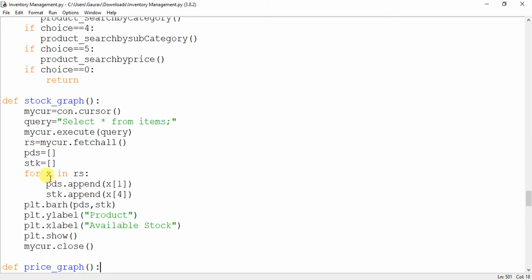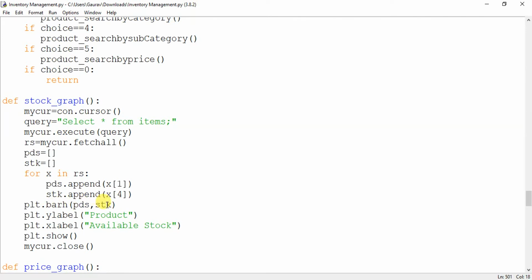Okay, then you will get all the products, that is the product ID, in this PDS list and the corresponding stock in this STK list. Okay, and then you will plot it. This is PLT that you imported in the beginning, PLT dot barh, horizontal bar graph. This will give you the bar graph between the product ID and the stock.